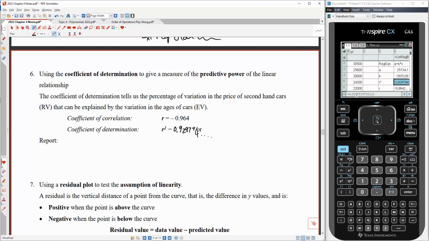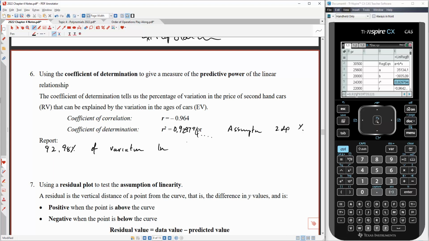Let's do it correct to 2 decimal places. Okay, so we're assuming 2 dp on the percentage. All right, so what we're going to do is say that 92.98% to 2 decimal places, so we write that as a percentage of variation